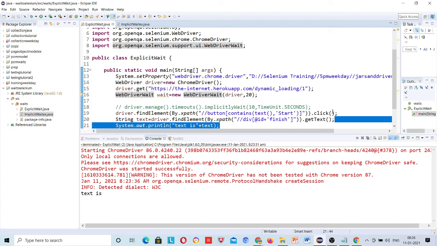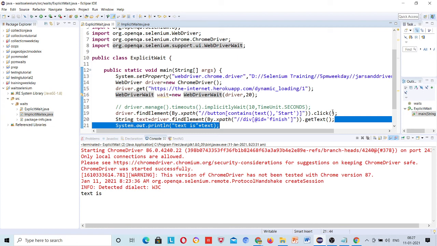And this explicit wait will do the same, right? Yes. But it will not wait for the whole 20 seconds. That's the difference between thread dot sleep and this. If you answer that it will work the same, then the next interview question will be, what is the difference? Then you have to say it will not wait for the whole 20 seconds, but thread dot sleep will complete the 20 seconds, and then it will execute the next line of code.